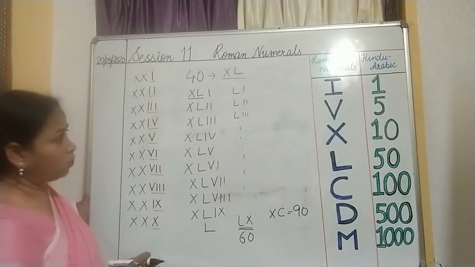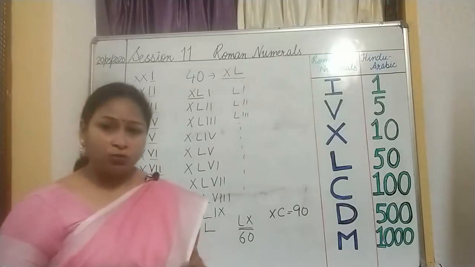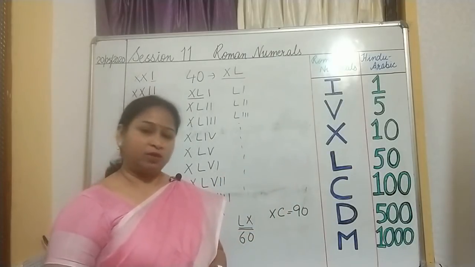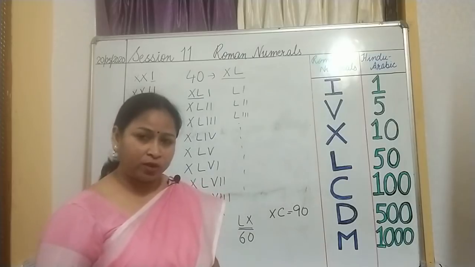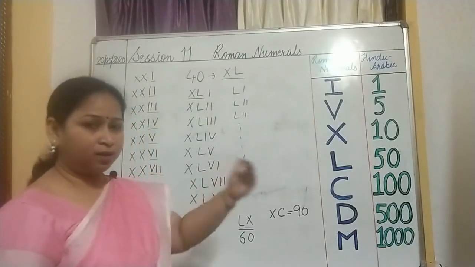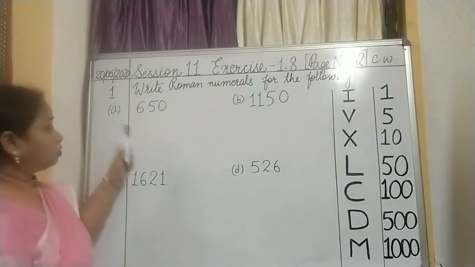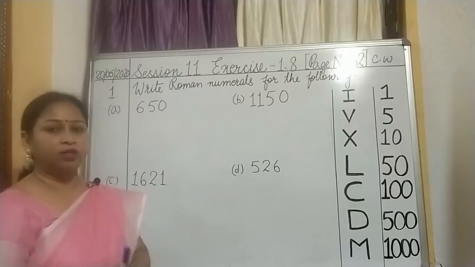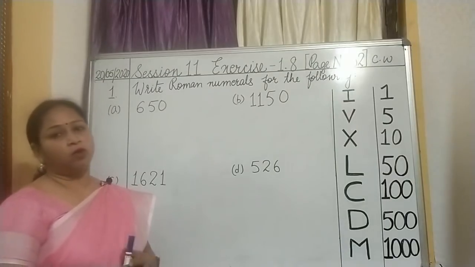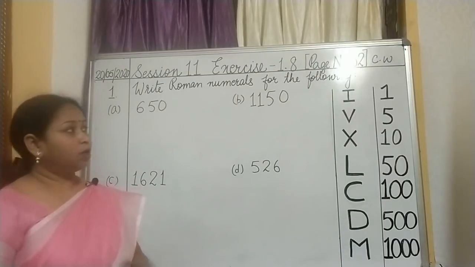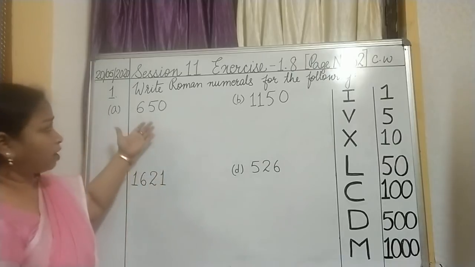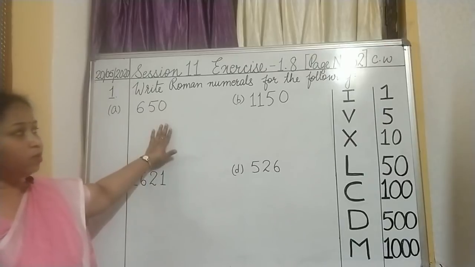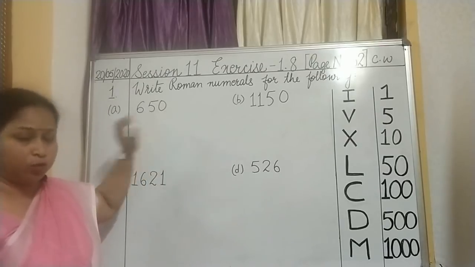Now since we have learned all the rules, we know how to write down the numbers. Shall we start with the lesson, children? So I am going to start the lesson. I have already explained, that was the explanation part, and I hope that you all have understood it nicely. So we are about to start. Once again we will be doing this exercise in the book itself.